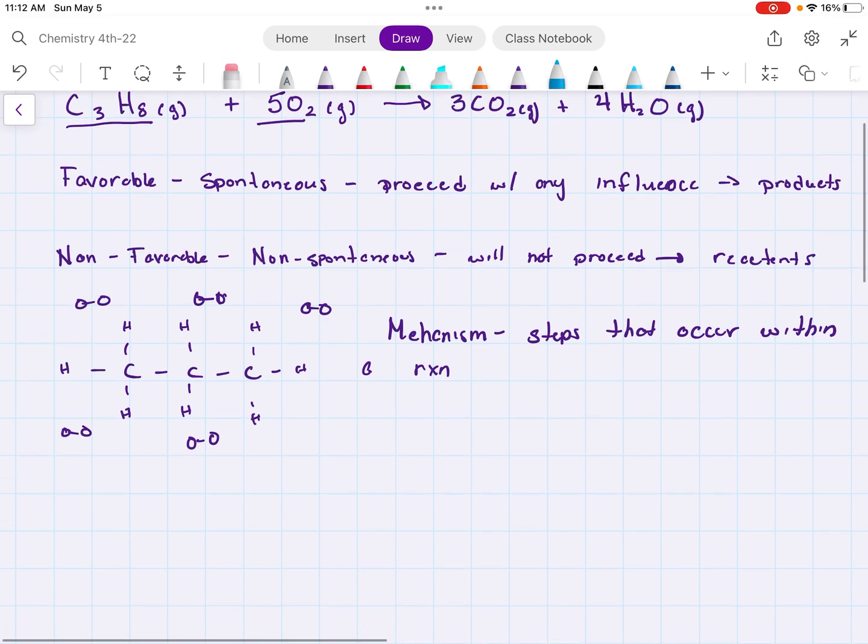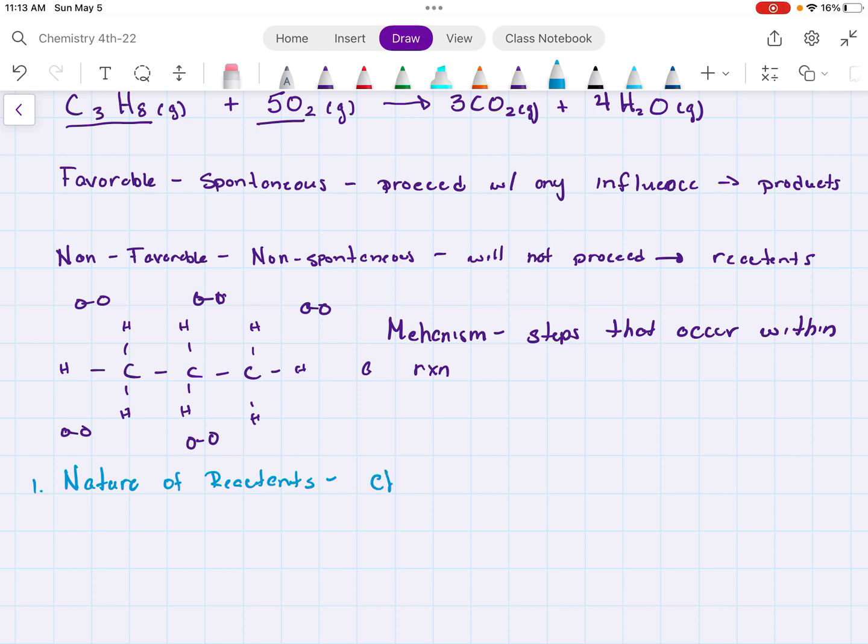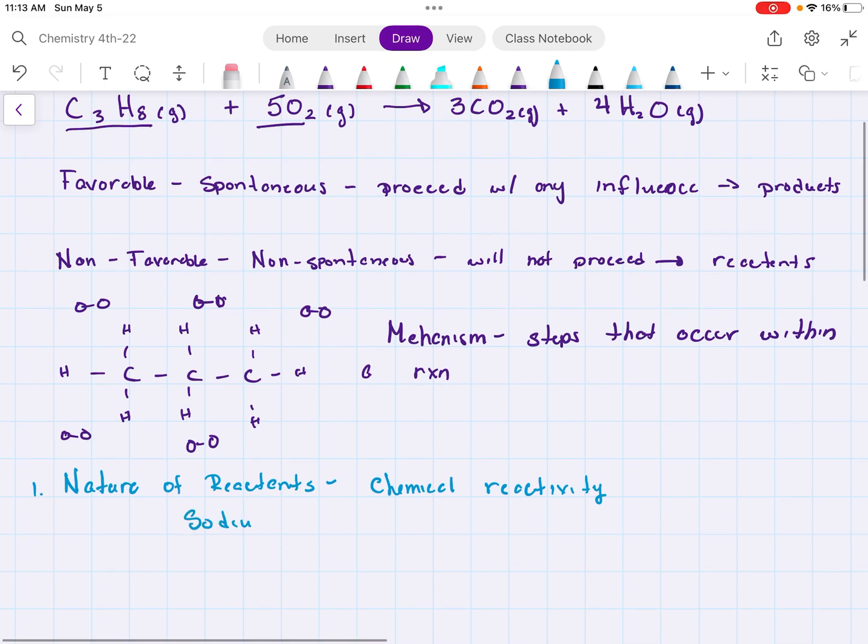So let's take a look at a factor that affects a reaction going forward. The first one is going to be the nature of the reactants, right? Some reactants are going to be much more reactive than others, and their reactivity is going to dictate how fast the reaction moves forward, right? So basically what we're looking at is the chemical reactivity of the reactants. Like if you look at something like sodium, sodium is going to react almost instantly when taken out of the oil. It's going to react to tarnish because